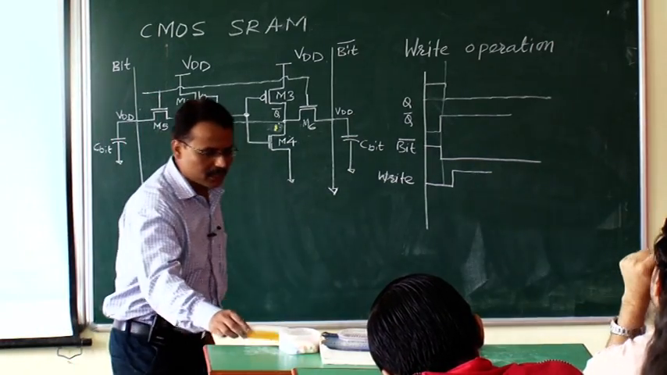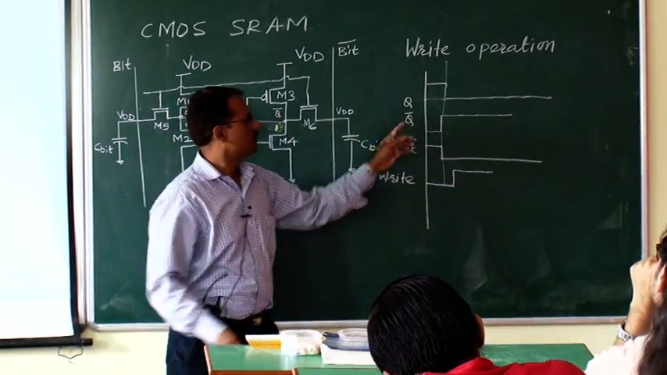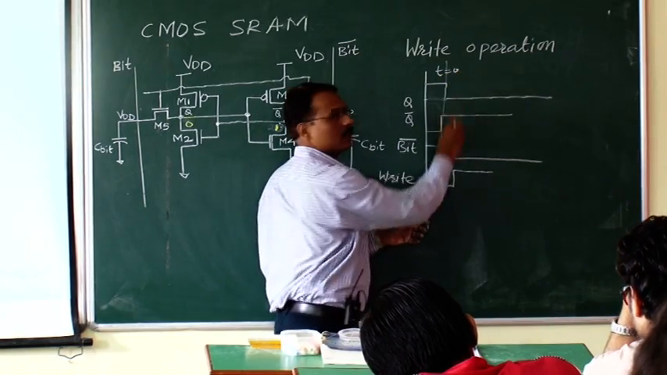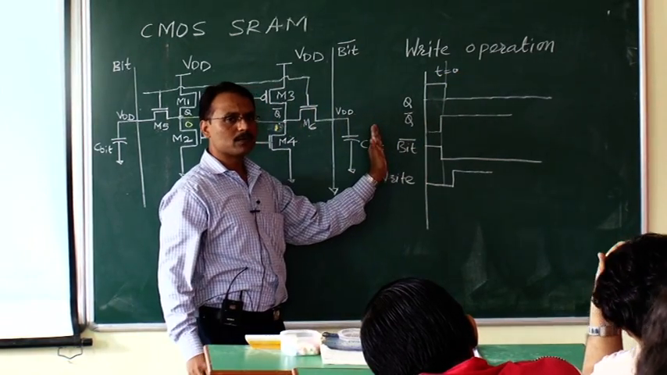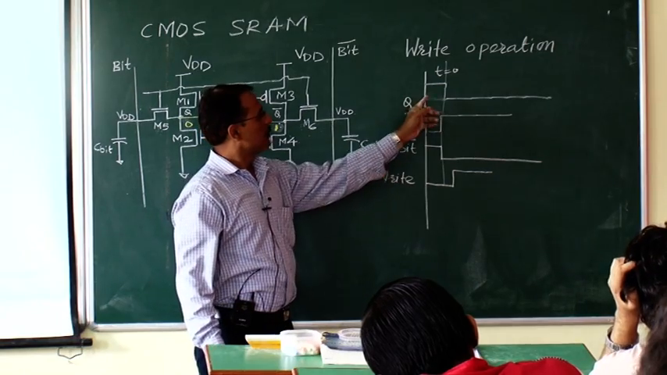Just understand the operation in this way. Suppose this is t equal to 0, and this is the situation before t equal to 0. So at t